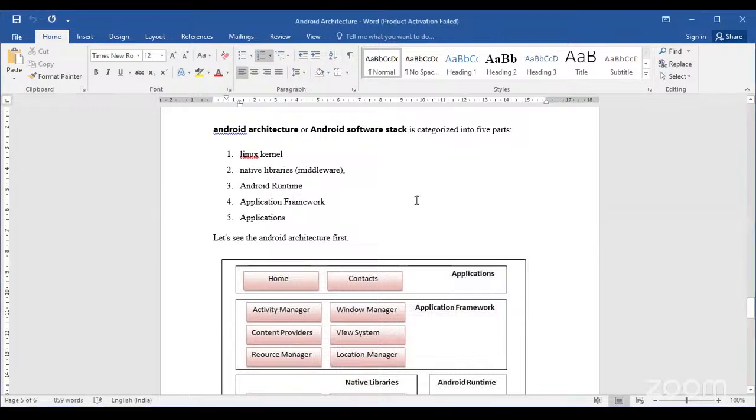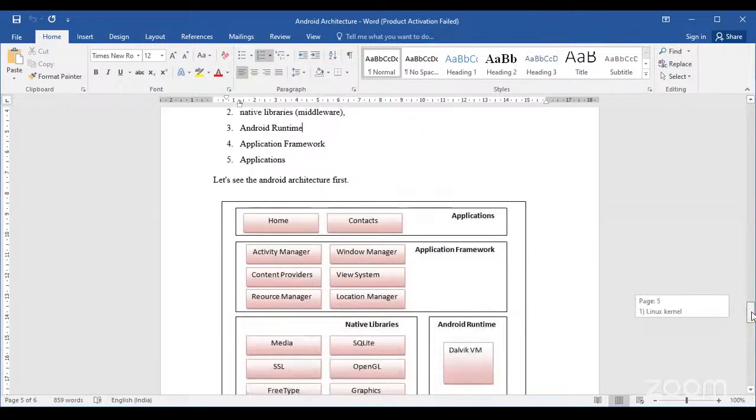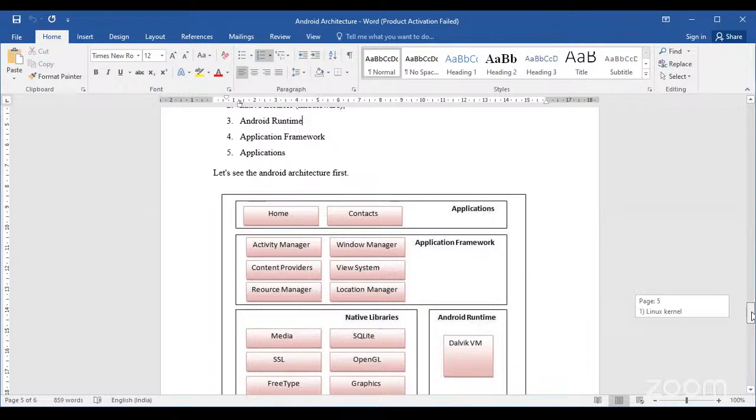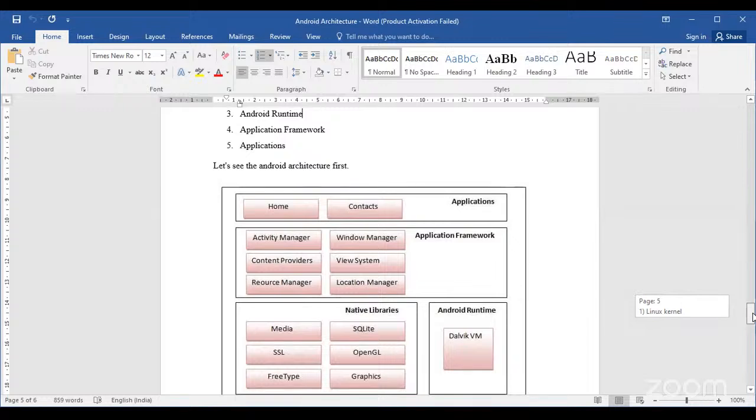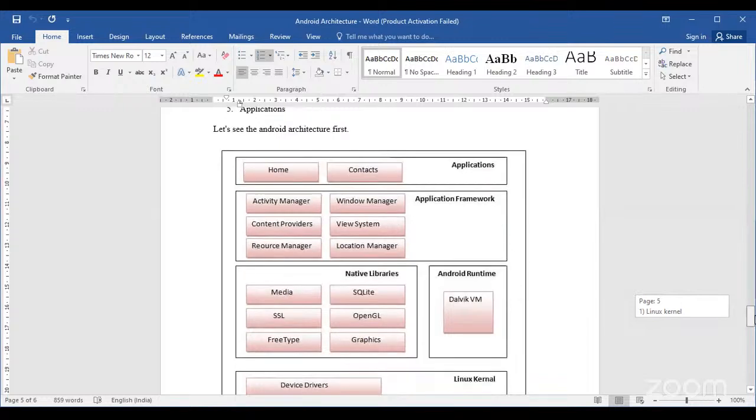So now we will see exactly what the components are. So we have home, contacts, right? Activity manager, Window manager, content provider, resource manager, locations, right? So these are, you could say, two different layers, but apart from that, in your native libraries and